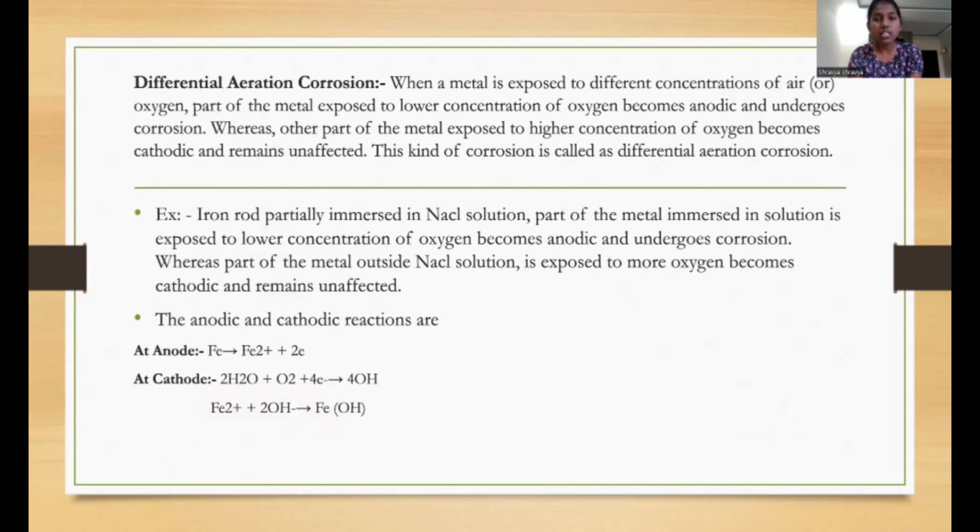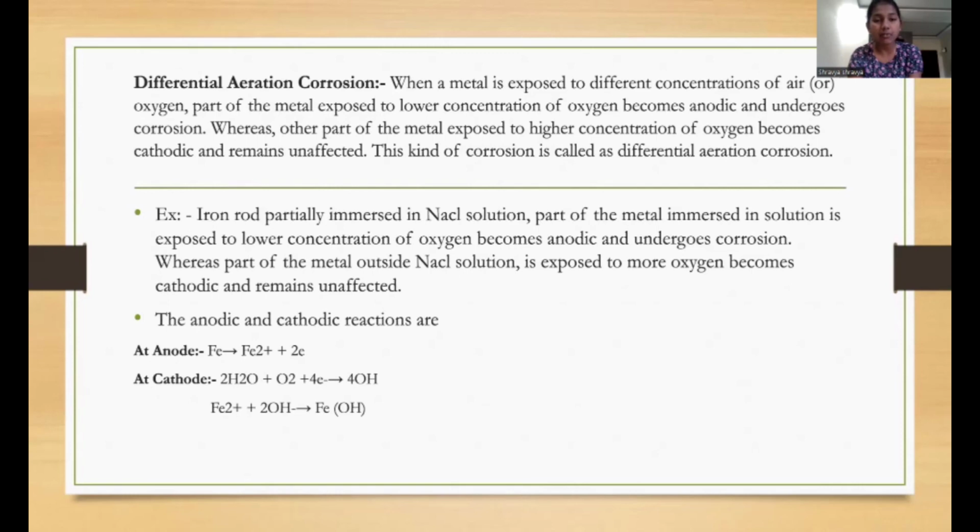This kind of corrosion is called differential aeration corrosion. In that we have the example: iron rod partially immersed in NaCl solution. The part of the metal immersed in solution is exposed to lower concentration of oxygen. It becomes anodic and undergoes corrosion,